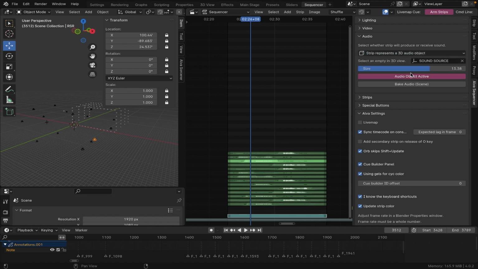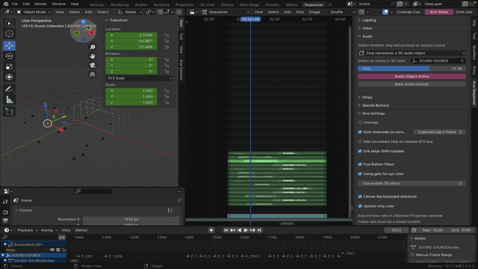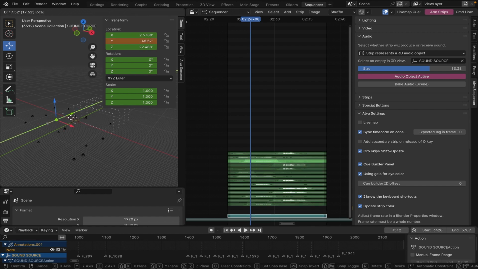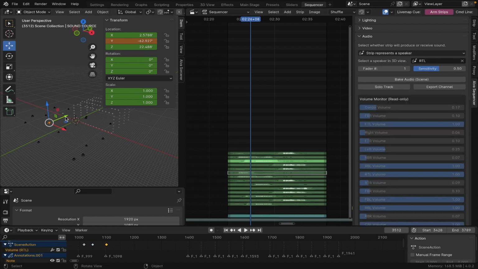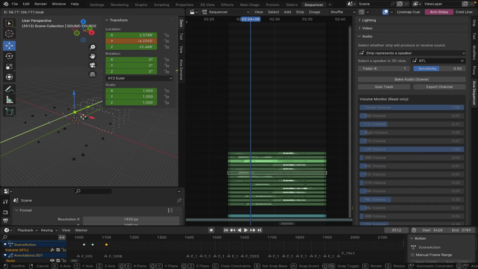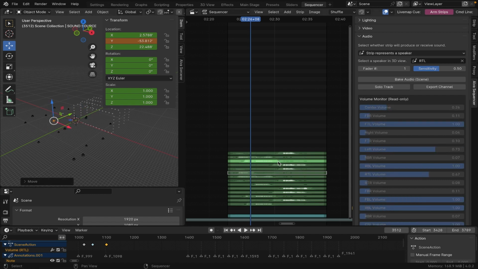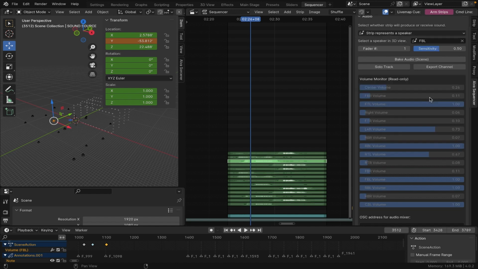This one we're going to say represents an audio object that's going to be connected to an empty inside the 3D view, which is this guy over here. That's this right here, sound source. It's an empty, we can move it wherever we want. And then when we move this across, we can select these guys and have them